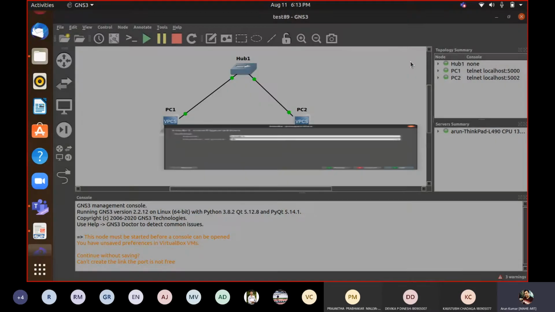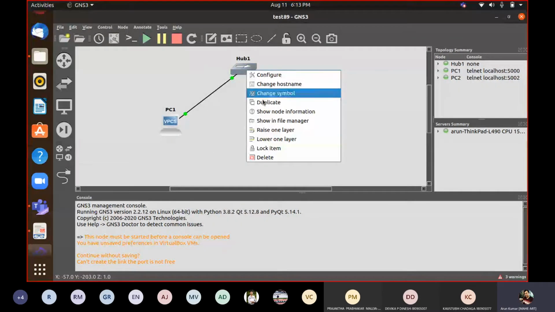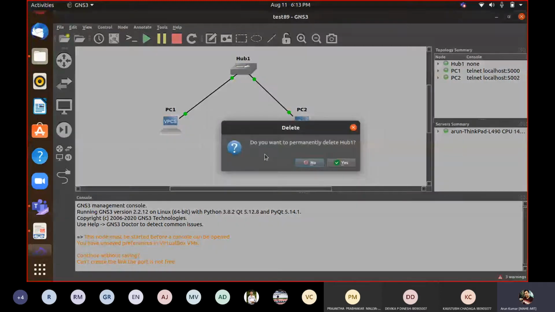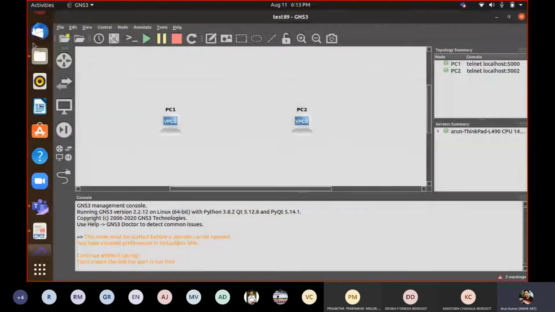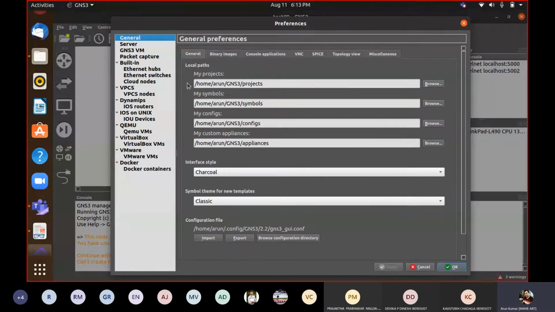So this is one thing, and in preference there are several other settings also. So Dynamips, what is Dynamips? How will you include the router, means layer 3 Cisco images, how will you include those? Under Dynamips you will include it. So Dynamips is that package in this GNS3 which emulates the hardware part of Cisco images.